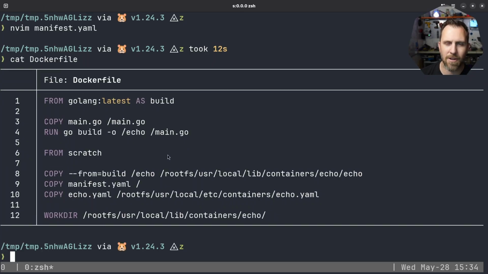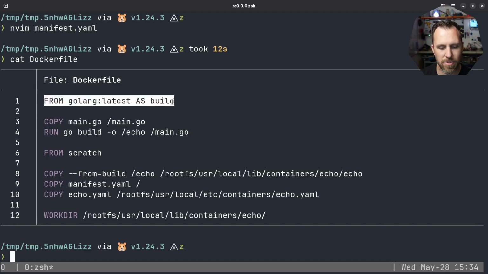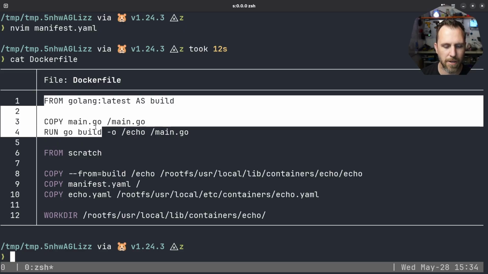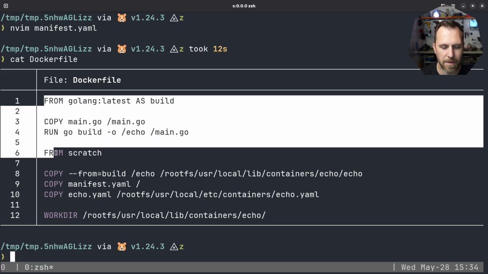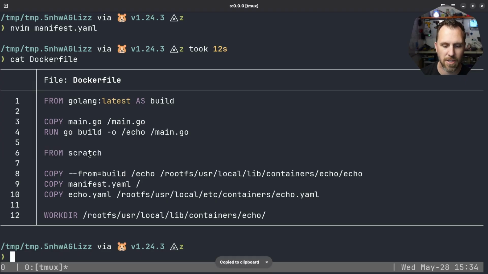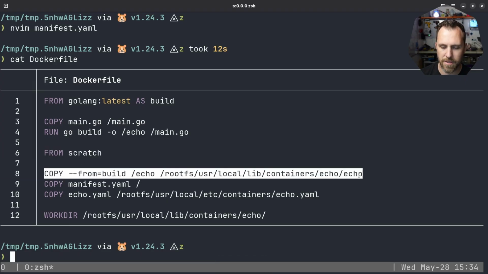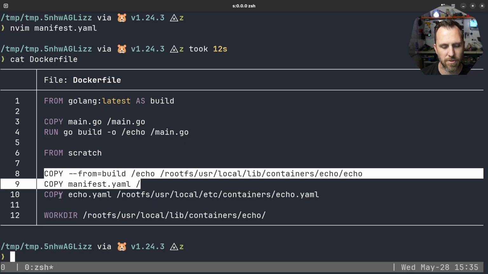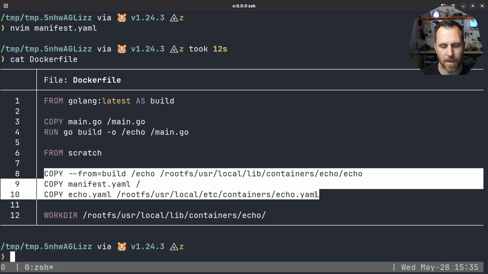In this case, our Docker file is a little more complex in the fact that I'm going to actually use a Go container to build my main.go, output it to an echo file, and then this is the main part that's going to turn into my system extension from scratch. I'm going to copy that echo file to this echo path, or to this extension path. I'm going to copy the manifest file to the roots, and I'm going to copy a YAML file also to